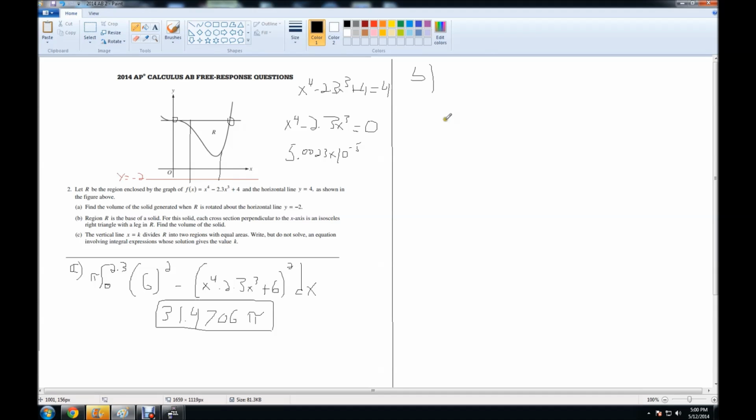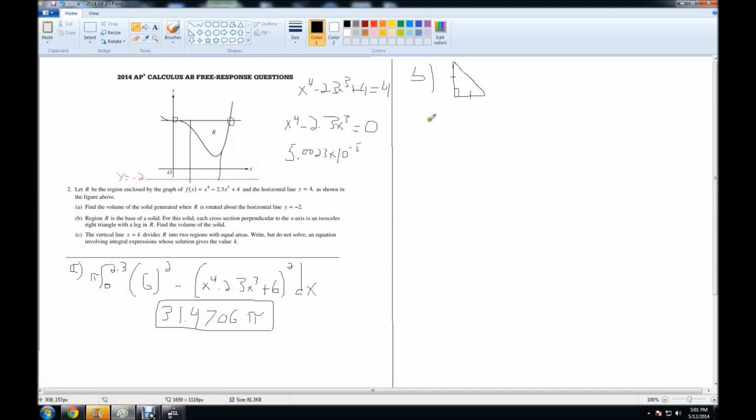Okay, so if you remember, an isosceles triangle is a triangle with two equal legs and a hypotenuse. So basically a 45, 45, 90 triangle. So here are the legs. Note that one of the legs is also the height of the triangle. So if it tells us that region R is one of the legs, that tells us that the length of one of the legs is